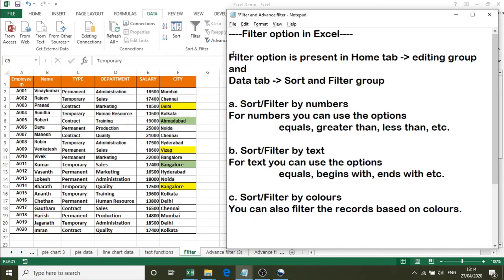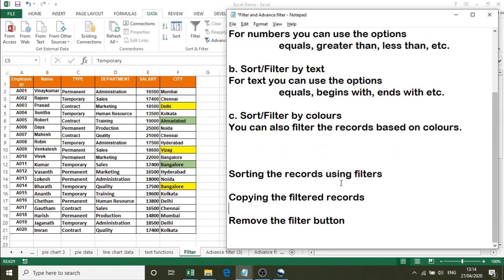So these are all the things that we discussed in our session, that is filter option, which is present in home tab as well as data tab. So once the filter is applied, you can see the filter buttons on each column of the table. So using the filter button, you can filter the data based on number, based on text and based on colors.